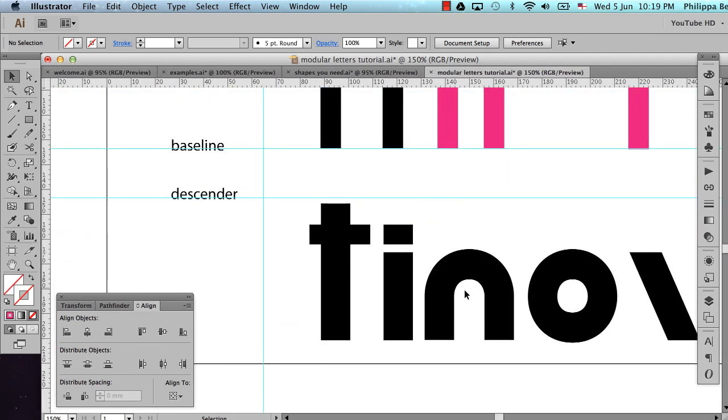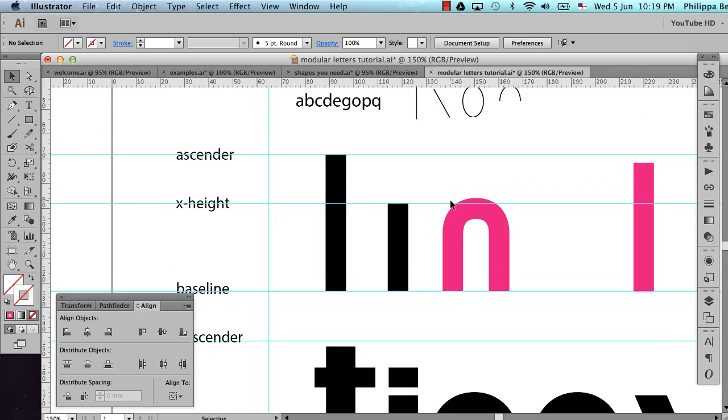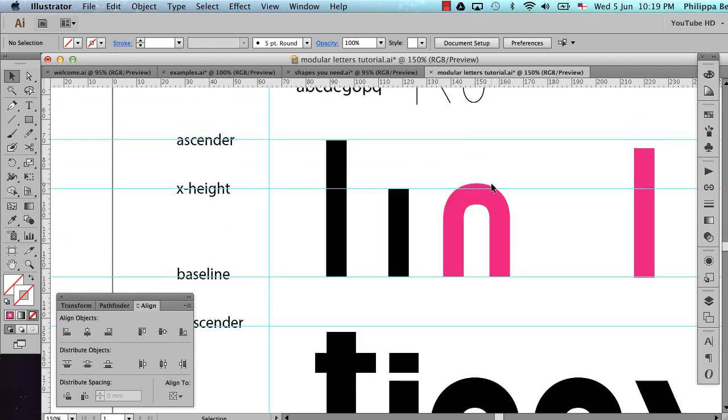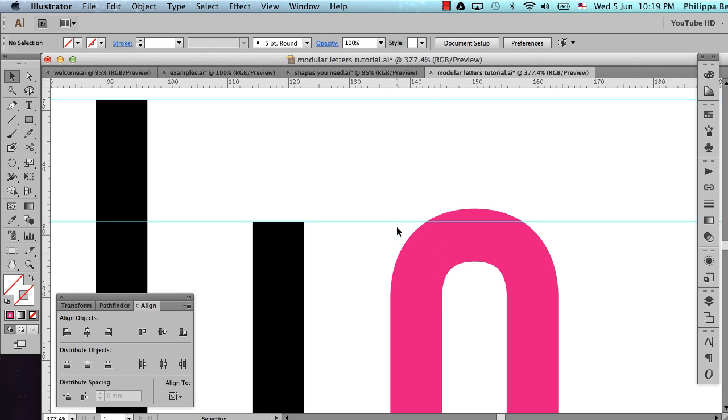So you can see already that I'm going to come up with a completely different shape typeface from the one below. Now you may be looking at this and saying, Philippa, it's too tall, it's going above the X height. Well, you're right, it is too tall, but only by a little smidge. To move it down,